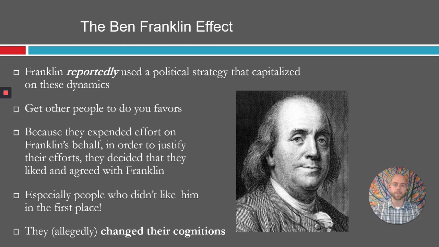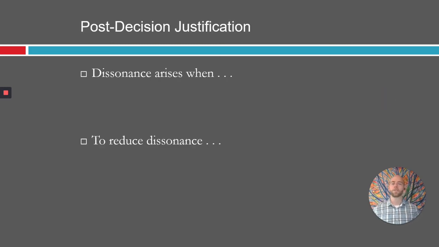But again, there's not super great evidence that this is exactly what happened, or that they measured how much people actually changed their minds. Maybe there were other circumstances, but the story goes that he would ask people to do things, they would do them, and that effort they expended on his behalf would lead them to rationalize their feelings about him and say, oh, that Franklin's not so bad. I'm going to vote with him in the Continental Congress on the next thing we're talking about. So, last example of effort justification there.